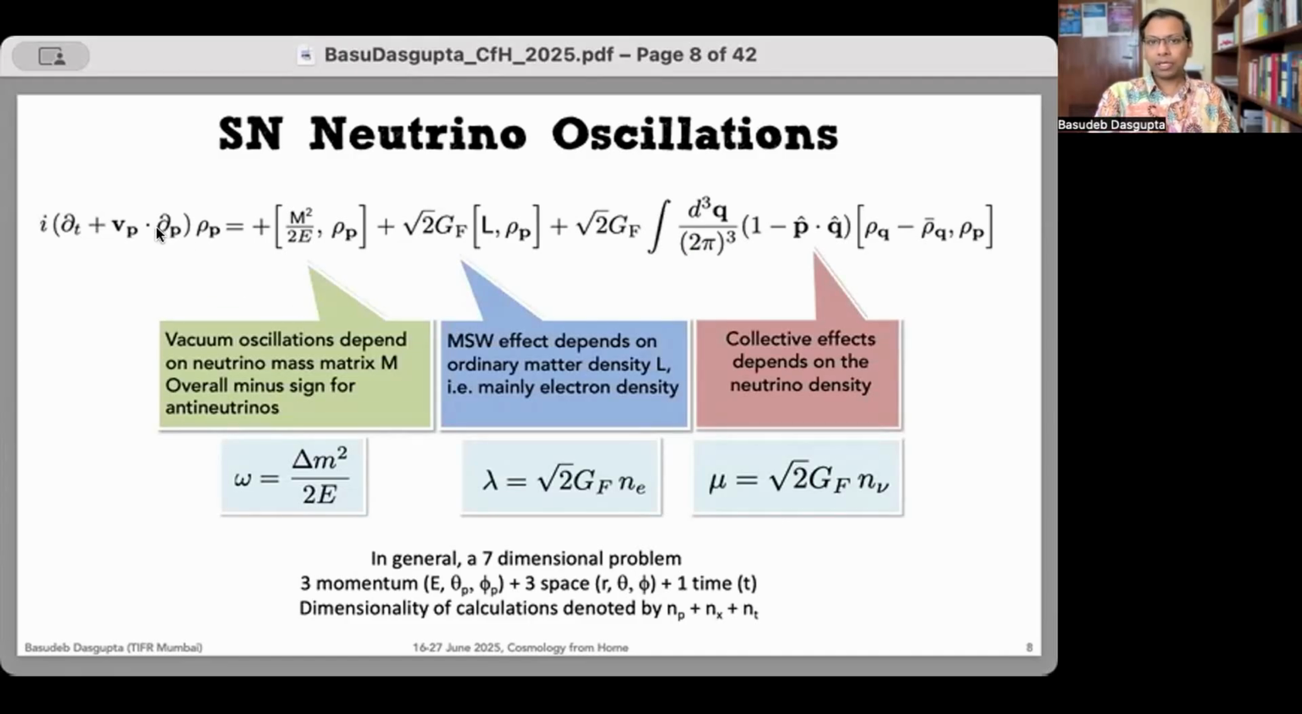There is a little typo here. This subscript on the partial derivative should be an x. So it's a derivative along space, not momentum. And then on the right-hand side, we don't have any true collision terms because we imagine that we are